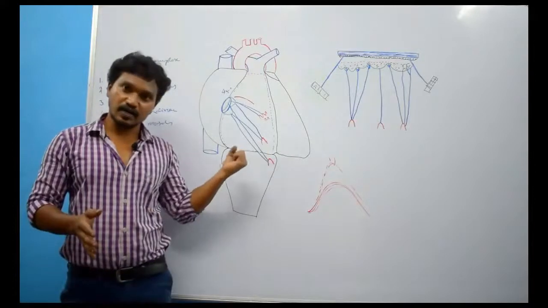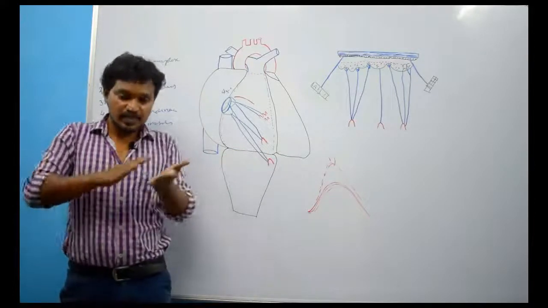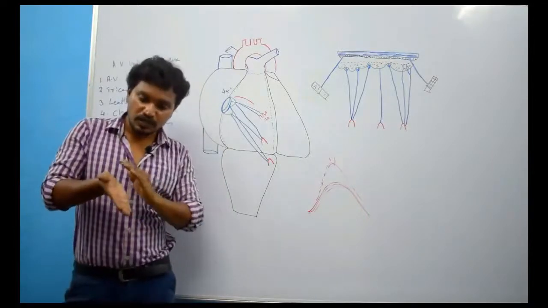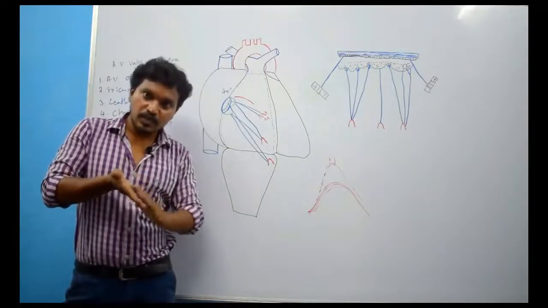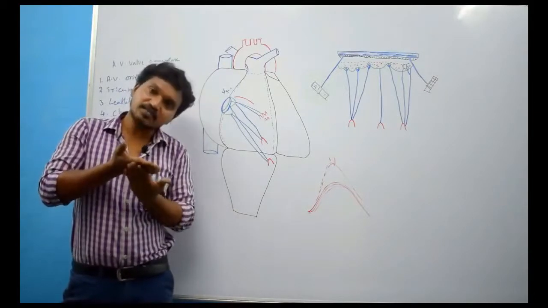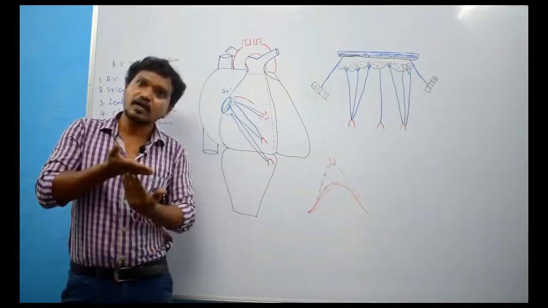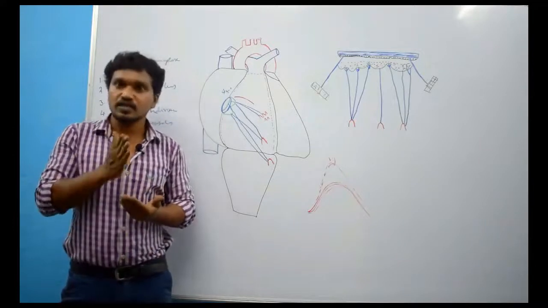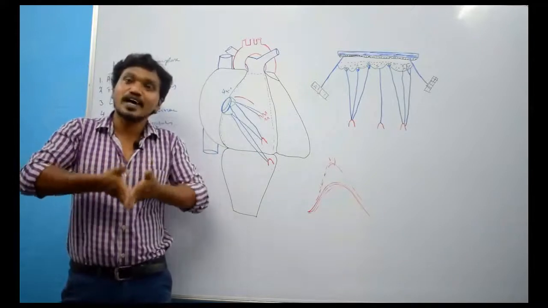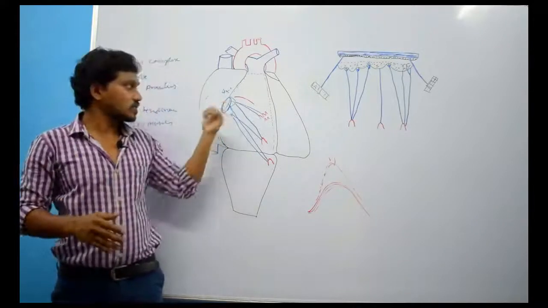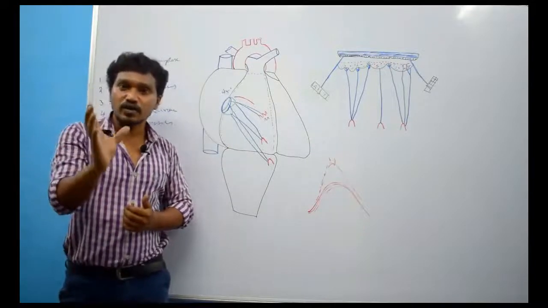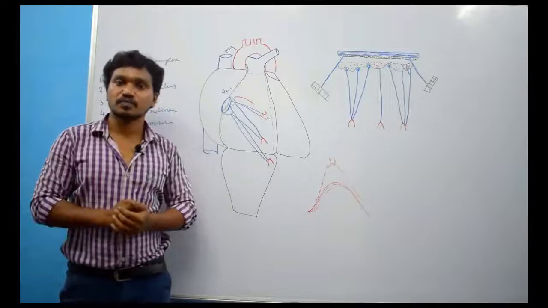During ventricular contraction, there will be 2 surfaces, I already told you. One surface which is present towards the atrium, that surface is the atrial surface, and another surface which is present towards the ventricle, that surface we call the ventricular surface. These atrial surfaces oppose tightly with one another so that this valve will be closed during ventricular systole. Clear?